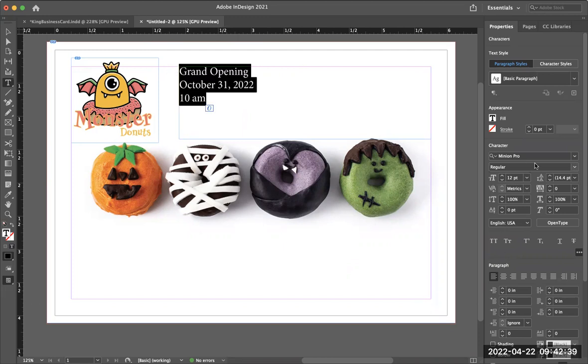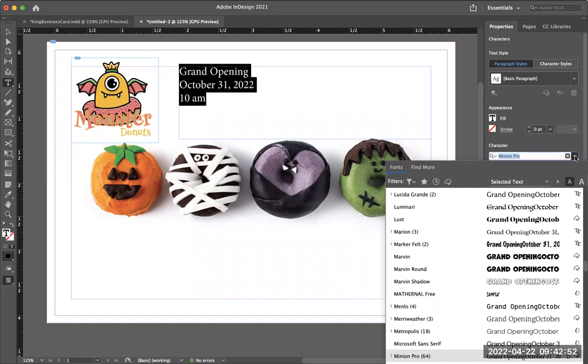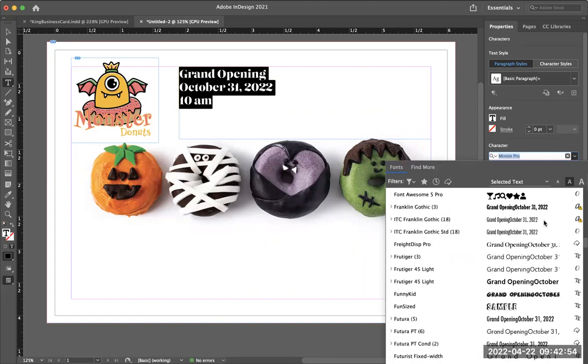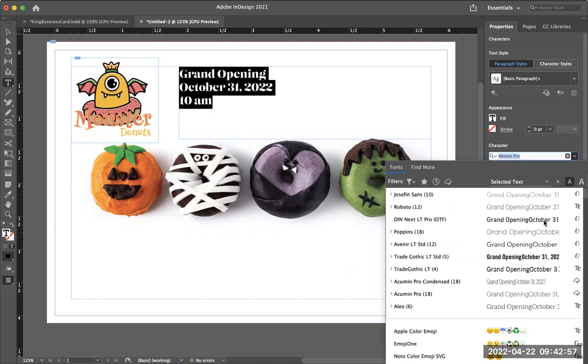then I'm going to highlight all of the text because I want all of the text to be the same font, but each line of text is going to be either a different size or a different style. And you want to use the same font that you used on the business card because you want it to be a consistent design across all of the pieces. You want it to be recognizable by anybody that picks up one or both of the pieces. You don't want them to be different fonts or look different as far as the type is,